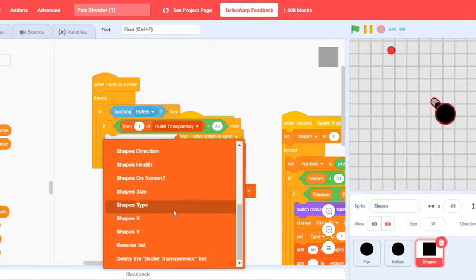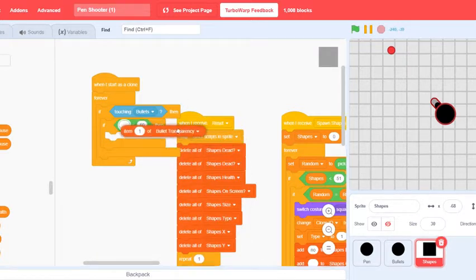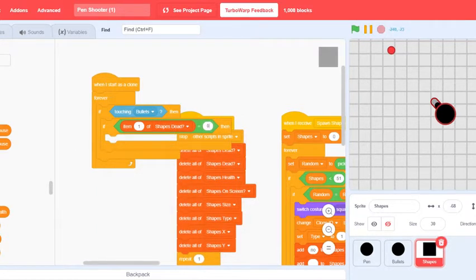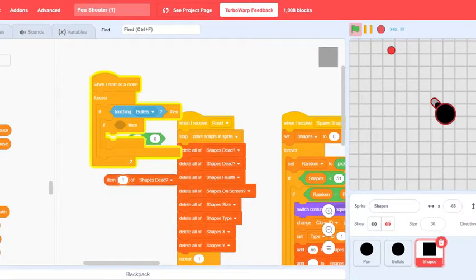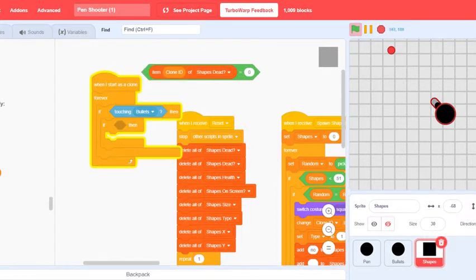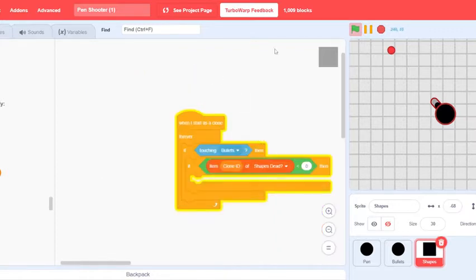shape transparency, so it hasn't already started to fade. Or do we have? I keep forgetting we haven't done that yet. So we haven't actually done that yet. So I'll just say of shapes dead equals. Well, actually no. We haven't made a thing for that, so I'm just gonna say item clone ID of shapes dead instead, because I was looking at my other project to remember how to do this part, and I have add transparency so they would fade, but I don't know if I'm gonna do that in this, so we're just gonna say